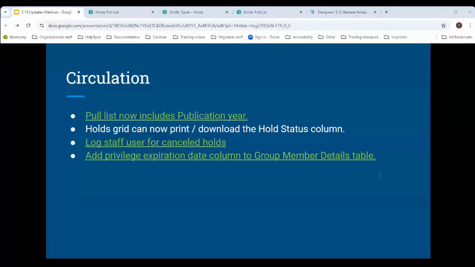Another option that is new is that you now have the ability to have the privilege expiration date column show up in your group member details table. So, if I have a family group where they've all been grouped together, and the parent comes in and says, when are my kids' accounts going to expire? Or my account has expired. Can I check to make sure my kids' accounts haven't expired too? That's now easy to do directly from that group member details table, rather than having to go out to each individual account within the group to check that